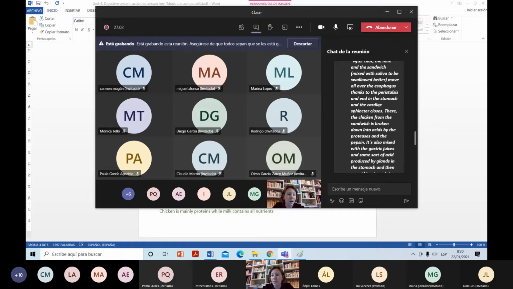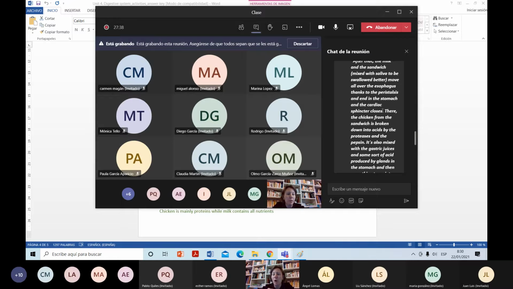The cardia, without the C, the cardia sphincter closes after everything enters, when all food is in. In fact, the cardia sphincter is always closed. Right now, your sphincter is closed. Even if you didn't have breakfast, the sphincter is closed. It only opens when it realizes there's peristaltic movements. Then it opens and closes again.